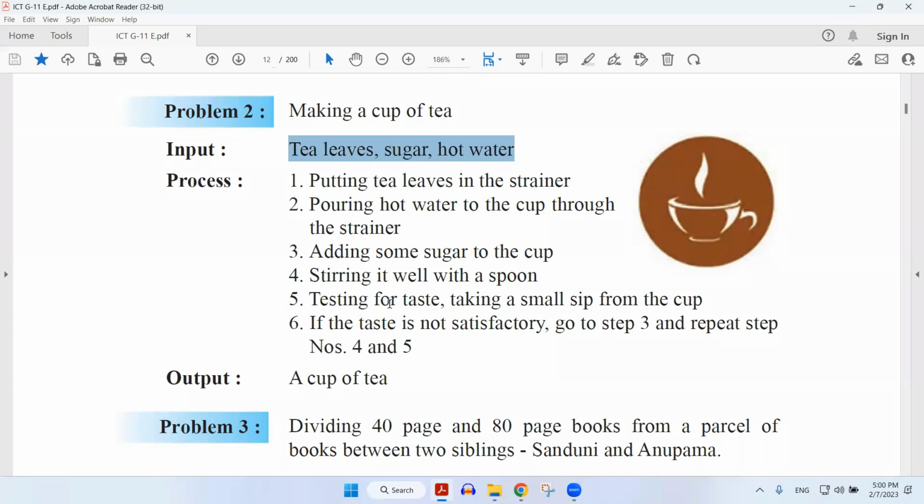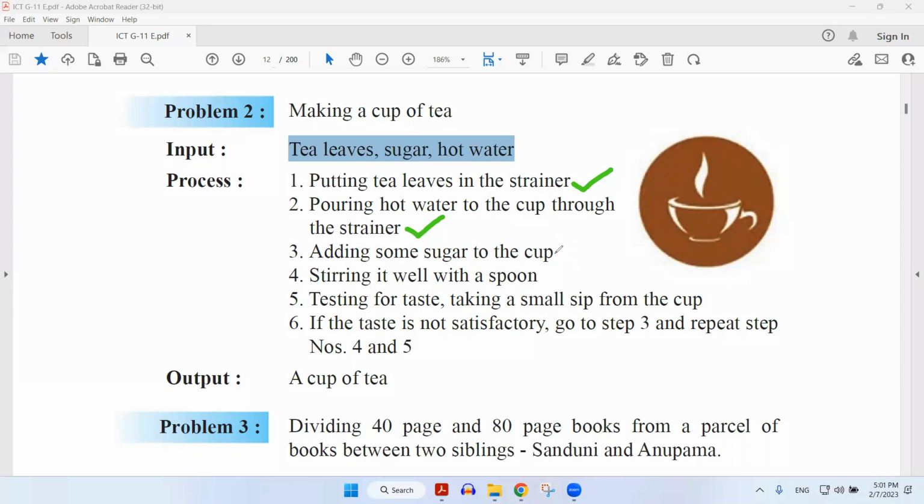Then it says testing for taste, taking a small sip from the cup. If the taste is not satisfactory, go to step 3 and repeat steps number 4 and 5. Now, this particular example is different from the above one, since due to a particular condition, we have to repeat several different steps, right? So this will be done once, this will be done once, and when it comes to